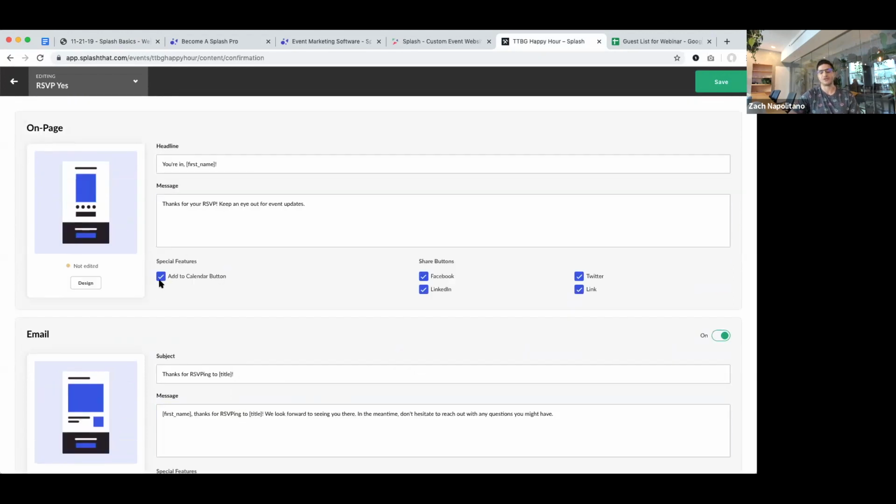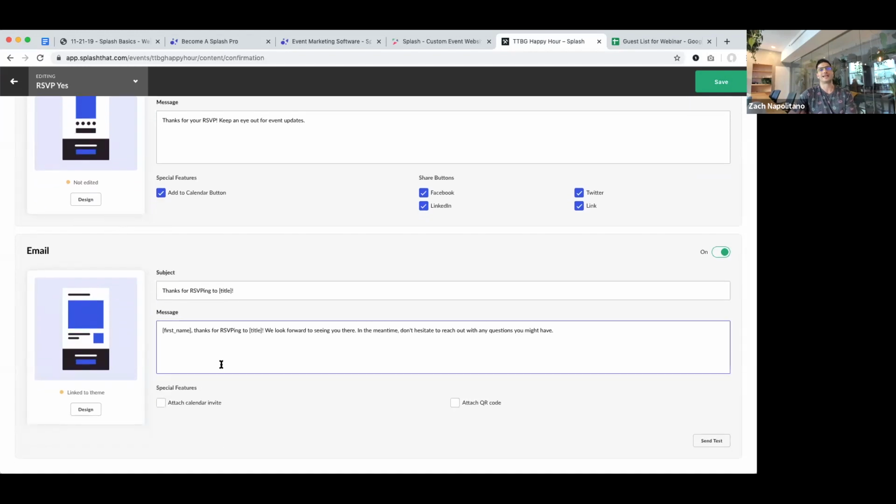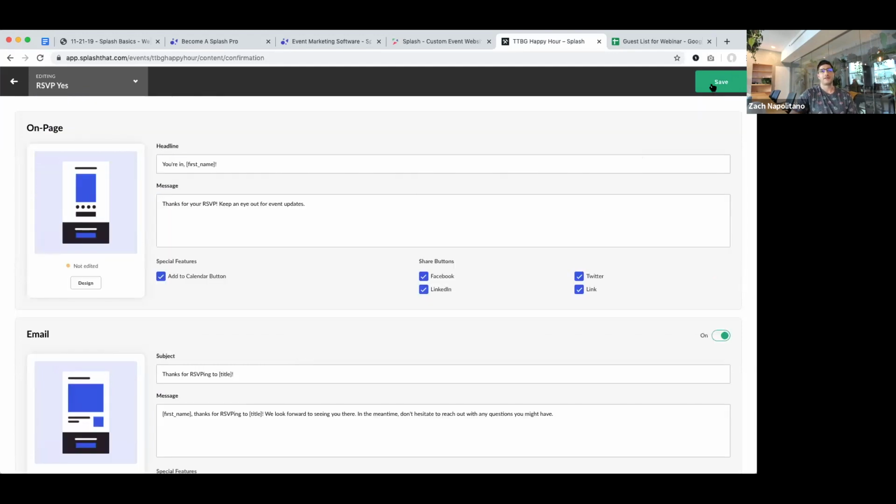It's right here. And you can see, because my template's already been configured nicely, the language is preset. My add to calendar button will always be there. Even my email is set. Now, a couple of event-specific updates I might want to make. I'll attach a calendar invite to my email. I'll attach a QR code too. This would allow me to scan QR codes using the Splash Host app right from my guest's device, or if they're actually printing out the QR code. So I'll hit save here.